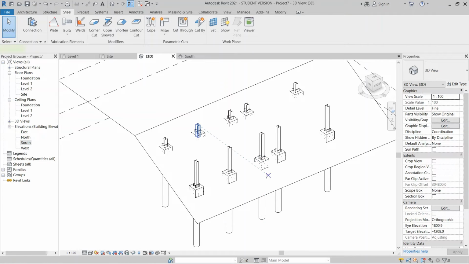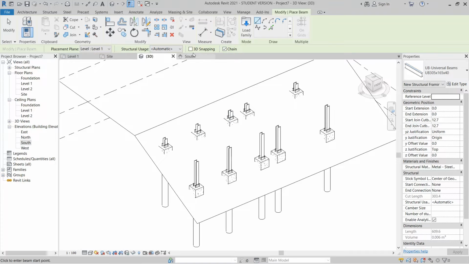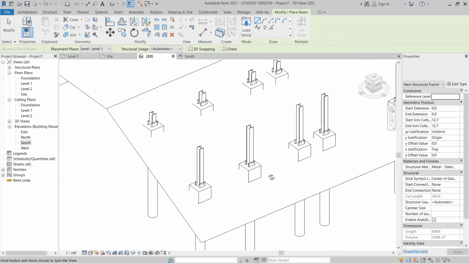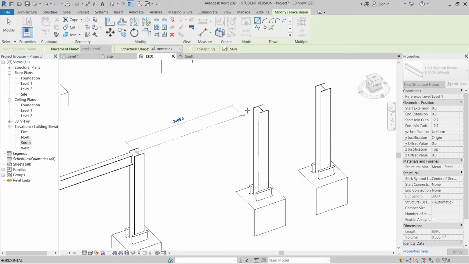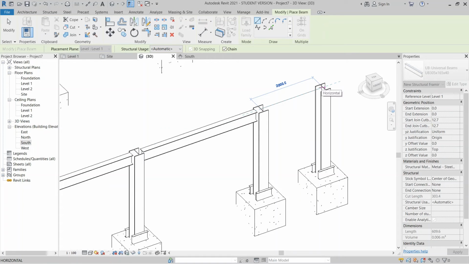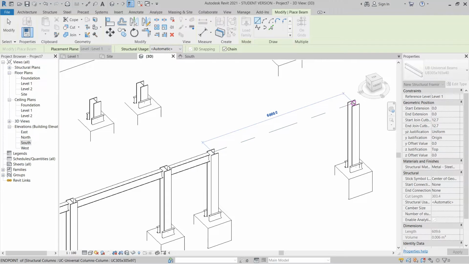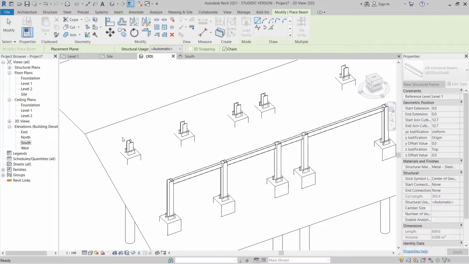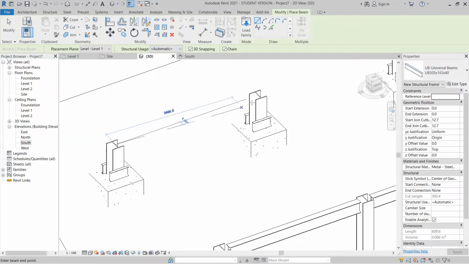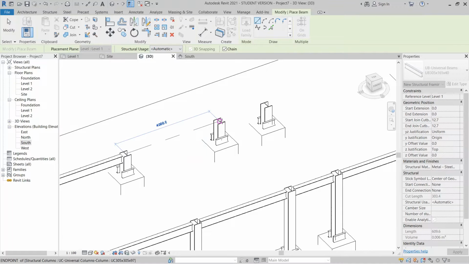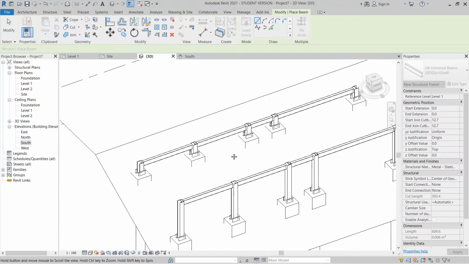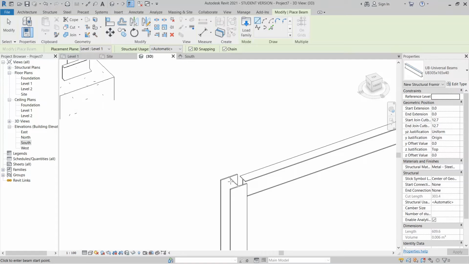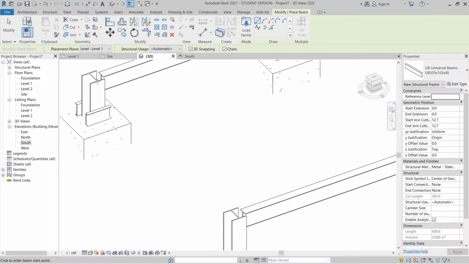Beam on my keyboard for beam. I would like to turn on 3D snapping, so it's easier for me. I can snap from that. Just start from here until here, and from here. Okay, so this guy also. Hit escape. I want to add a vertical one also. Okay, vertical, we hardly need to add that.